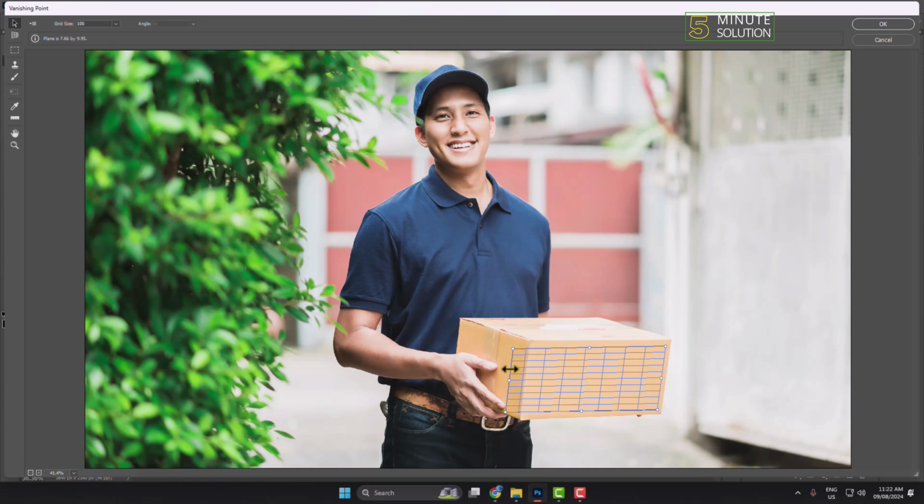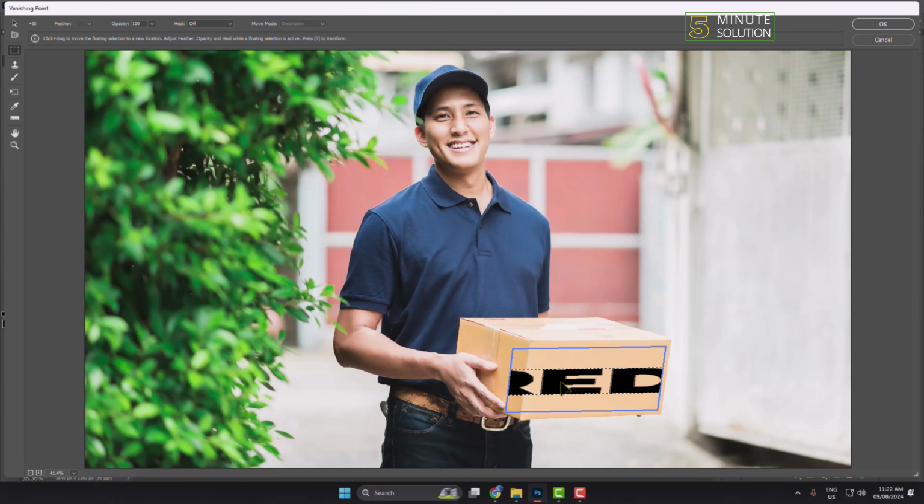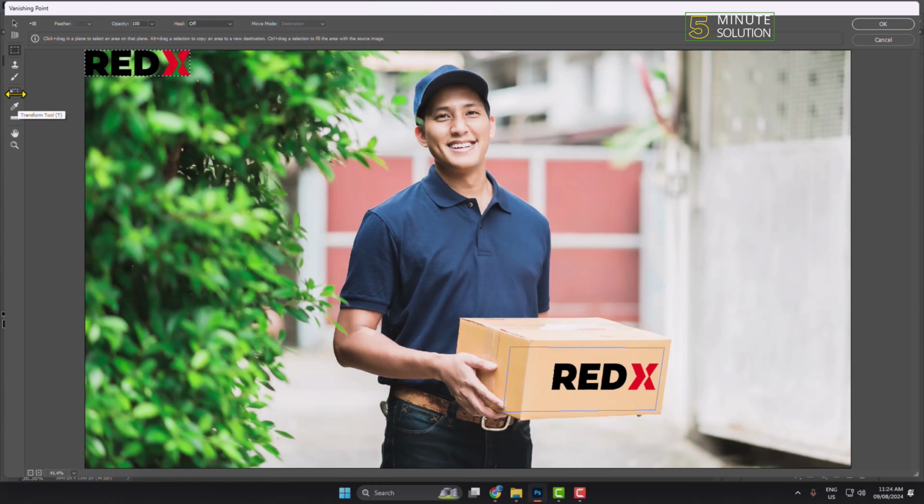And also selecting this bird just like so, and then press Ctrl V to paste your logo. And now just drag your logo and add the logo inside of this section, and again pasting my logo and clicking on this transform tool and resizing my logo, and again dragging the logo and adding my logo into this section,